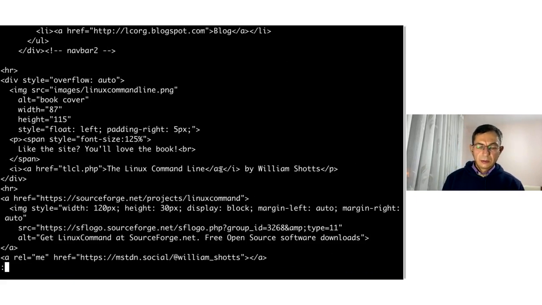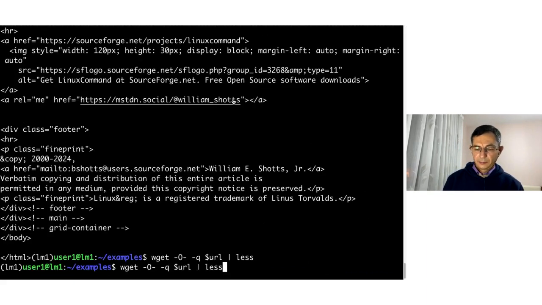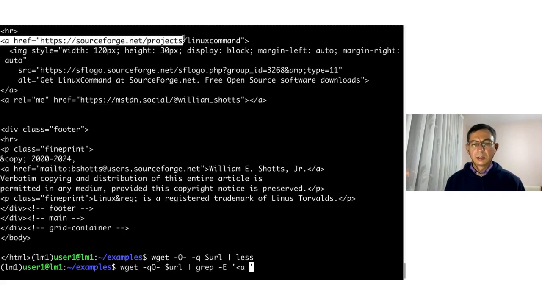And we can use the command grep to do it. Let me put this option here, and let's use the command grep to extract anchor tags, and this extended, and then it starts with an A, and then a space. For example, we want to match this one,